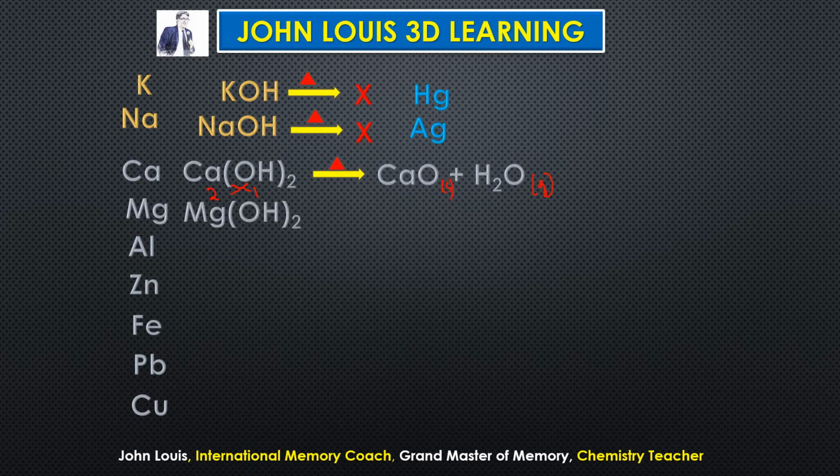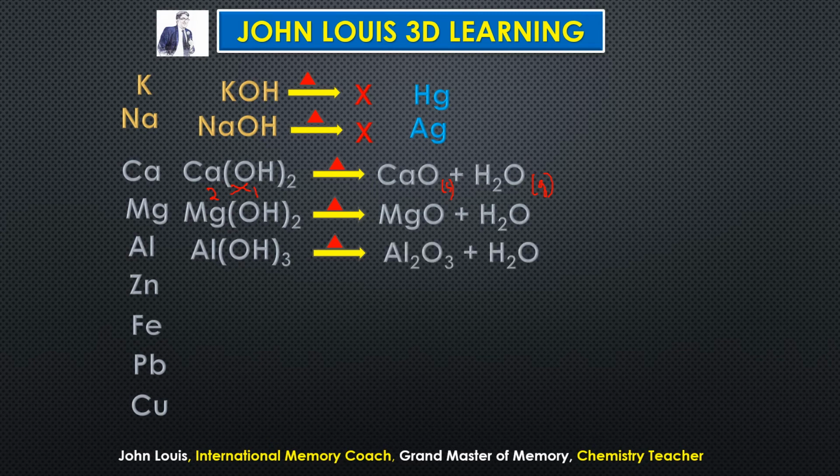Then magnesium hydroxide, on heating, gives magnesium oxide plus water, that is steam. Then aluminium hydroxide. See here, Al(OH)3, because aluminium valency is 3. All these things you should notice, you should be able to write on your own without rote memorizing. Understand, write step by step, learn chemistry like mathematics, it becomes very easy. Aluminium hydroxide will give aluminium oxide. See how you get the aluminium oxide formula. Aluminium valency is 3, oxide valency is 2. Therefore, when you interchange, you will get Al2O3 plus steam, H2O.